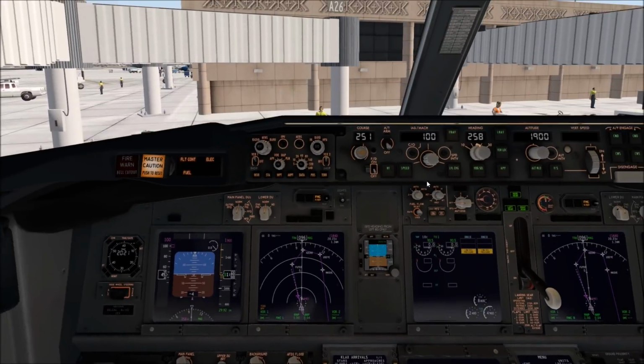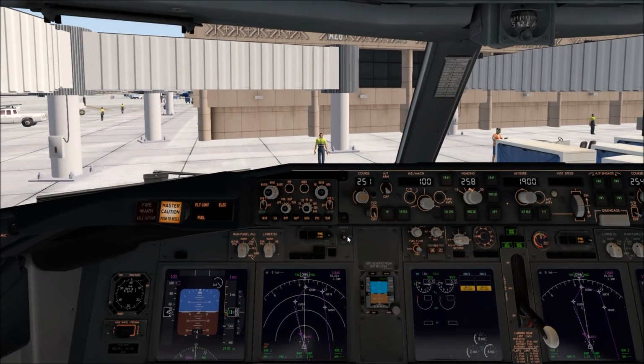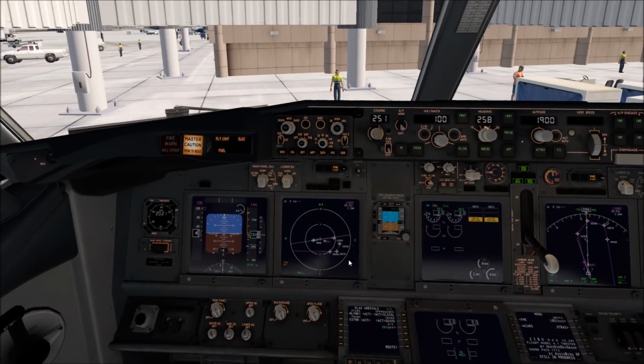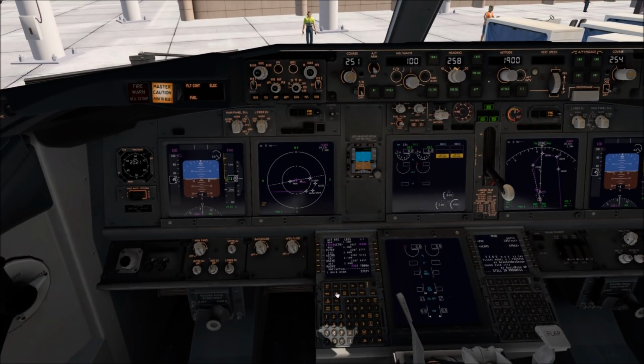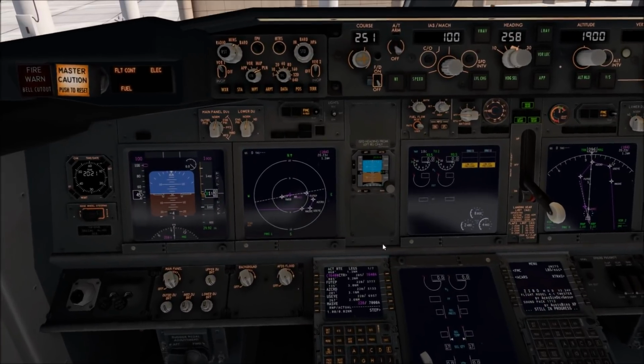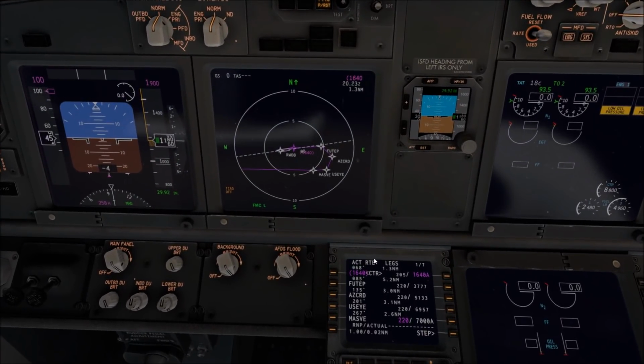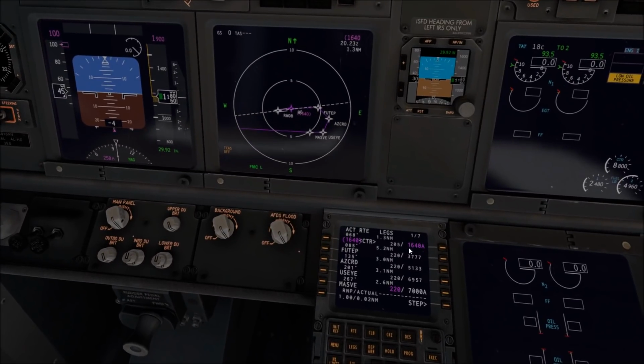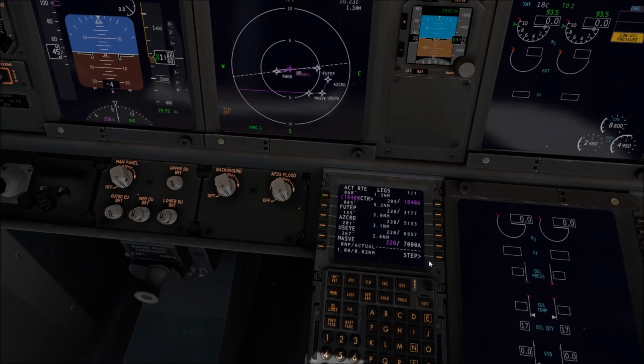So now we're going to go to the EFIS panel, and we're going to go plan, and we're going to leave that at 10. And now what you want to do is you want to hit legs, and you want to zoom in so you have the nav screen and the FMC kind of in view so that we can go through and audit our flight plan. So we're going to hit step, and we can see here that there is a break between our flight plan. So we hit previous page, and we go step,